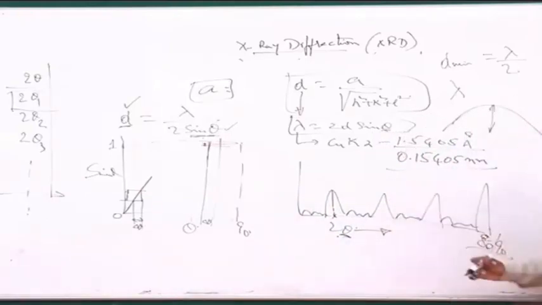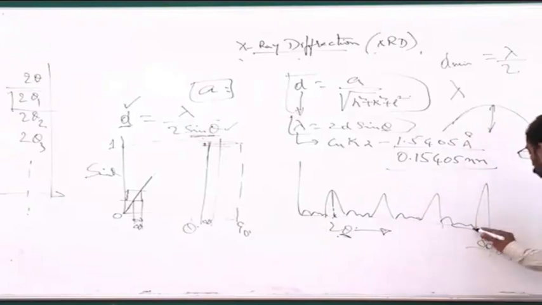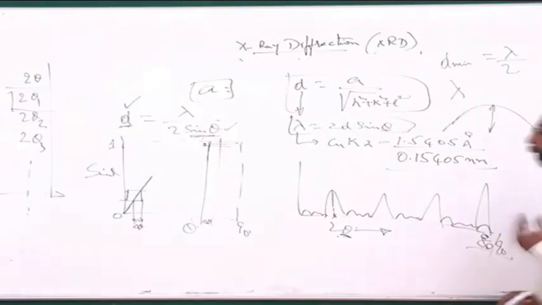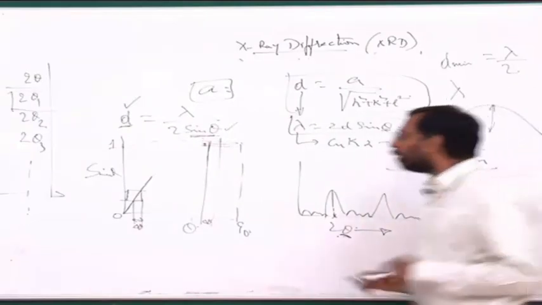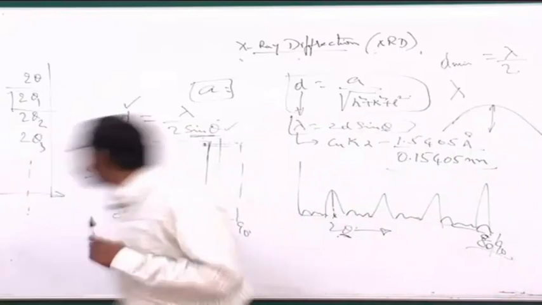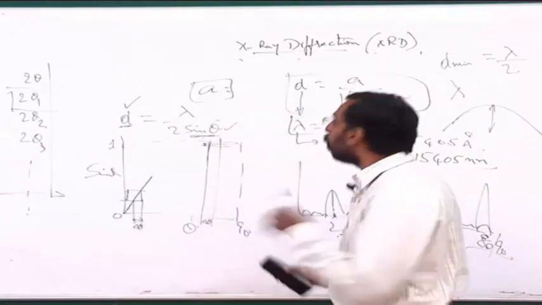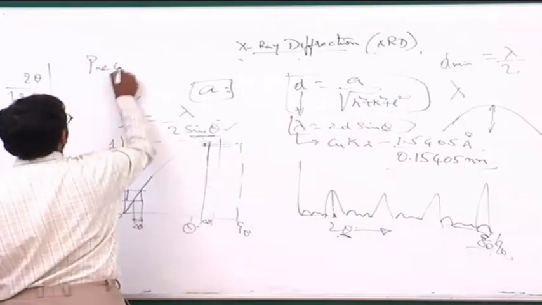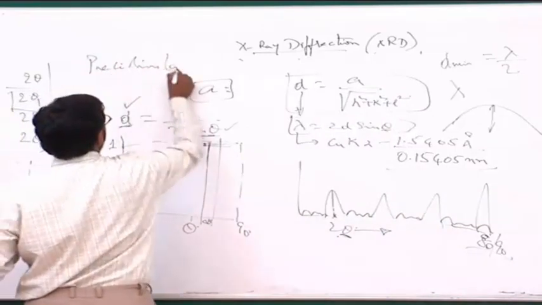And this noise is happening because of random scattering whenever an X-ray is falling on the sample. Because of this, if your peak is very small and merges into the background, you may not be able to distinguish it as a small separate peak. So you have difficulties in that. As a result, people have suggested other ways of finding this lattice parameter more accurately, and that is what people now call precision lattice parameter calculation.